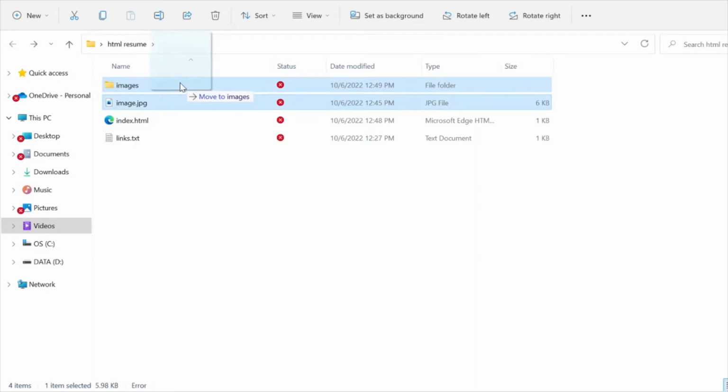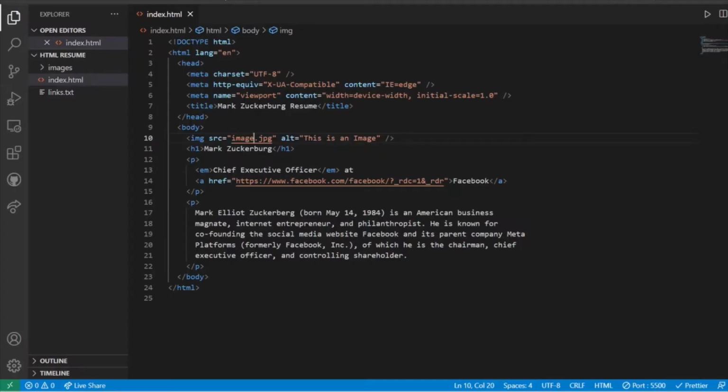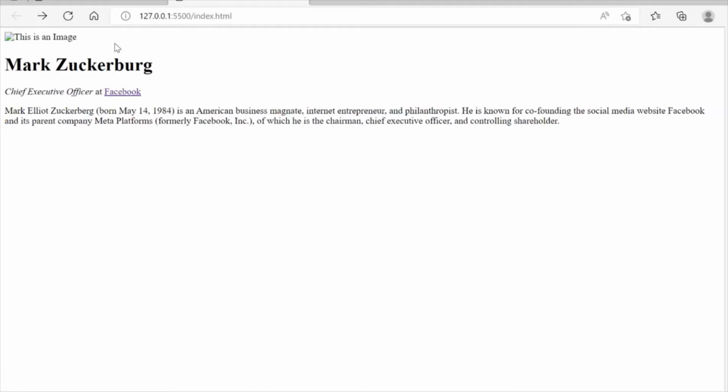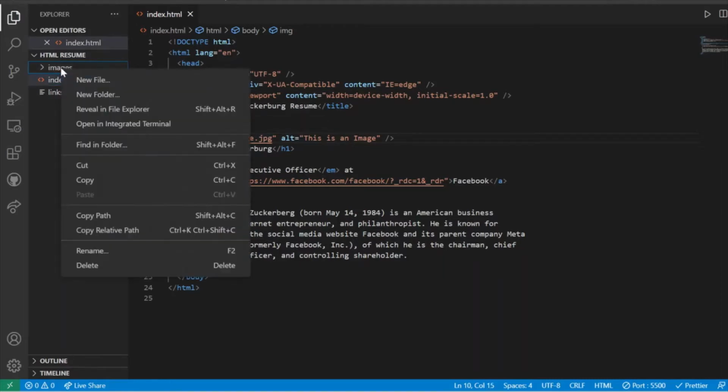Now I'm going to move my image into this folder. So I have moved this. Now again, when I click on save and visit my site, you can see that the image is not displayed because the path is not mentioned properly. There are two things you can do.